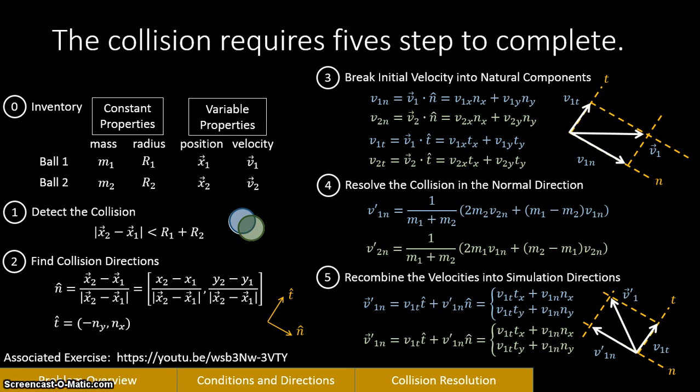The only thing about the position that they're going to worry about is the result of step 2, which is the geometry of finding the normal directions. So steps 1 and 2 use the position. Step 1, like I said, is detecting the collision. Detecting the collision you've done over and over and over again. It's just check this distance, the magnitude of the displacement between the 2 balls, and if that's less than R1